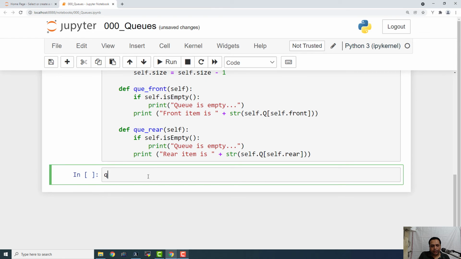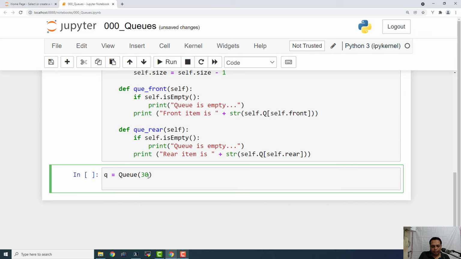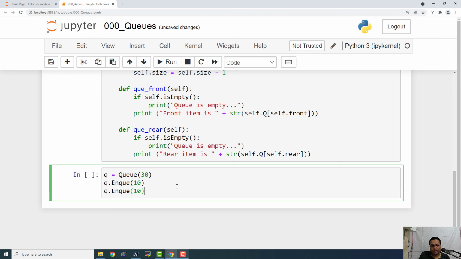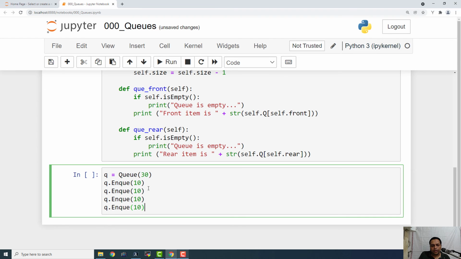So now let us define a queue. Q equals Queue(30). Q.enqueue(10). Similarly, we can enqueue various items: 20, 30 and 40.